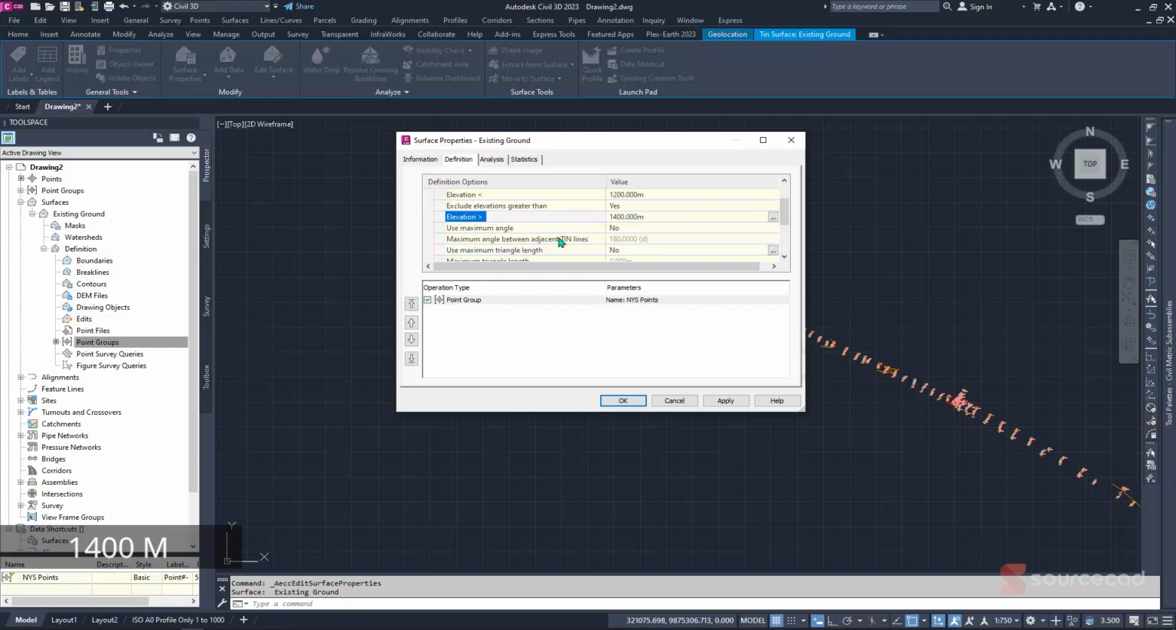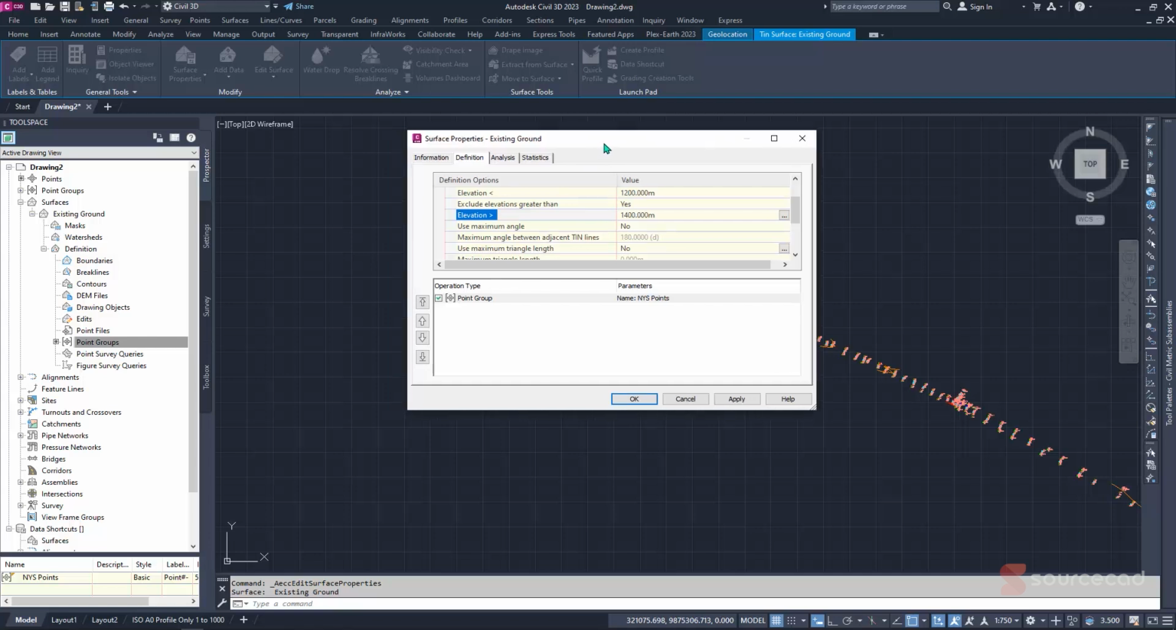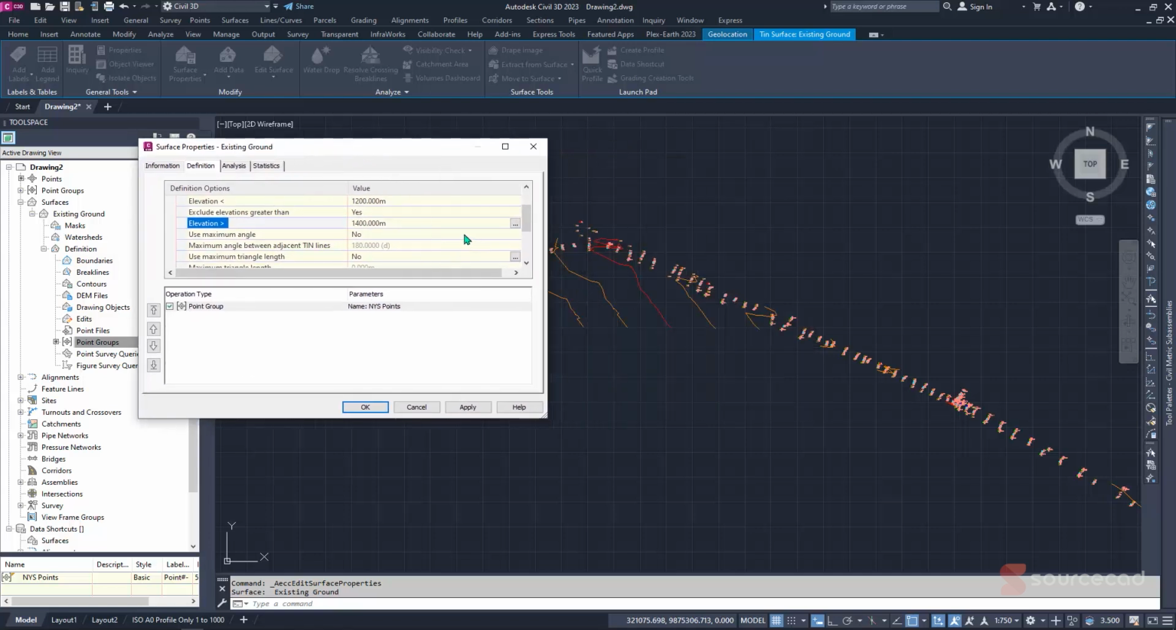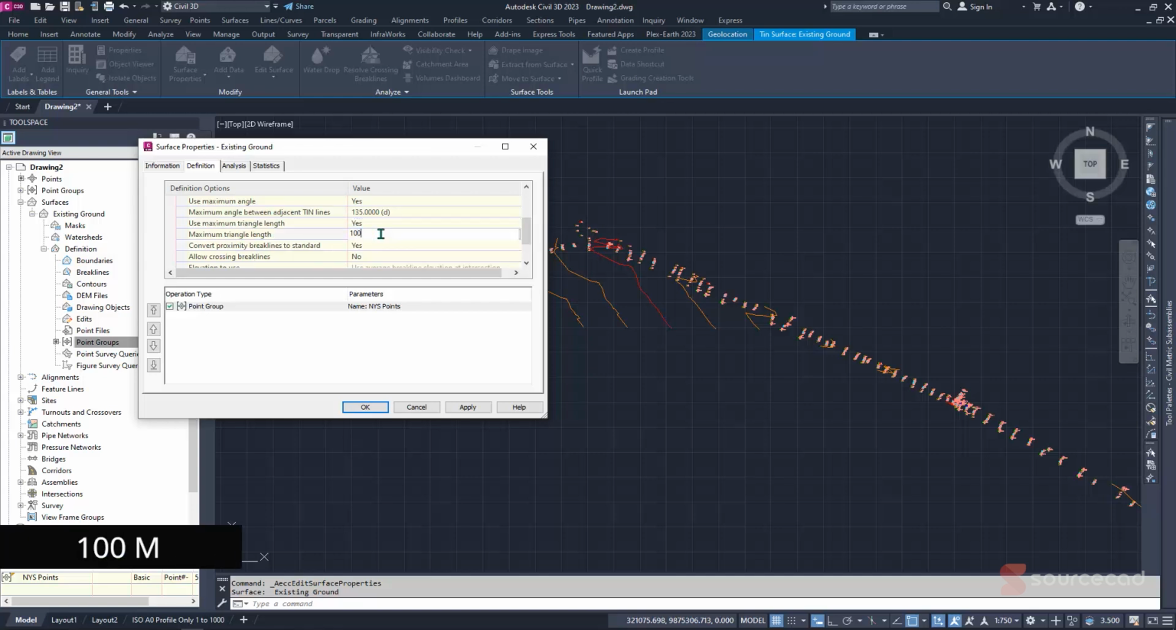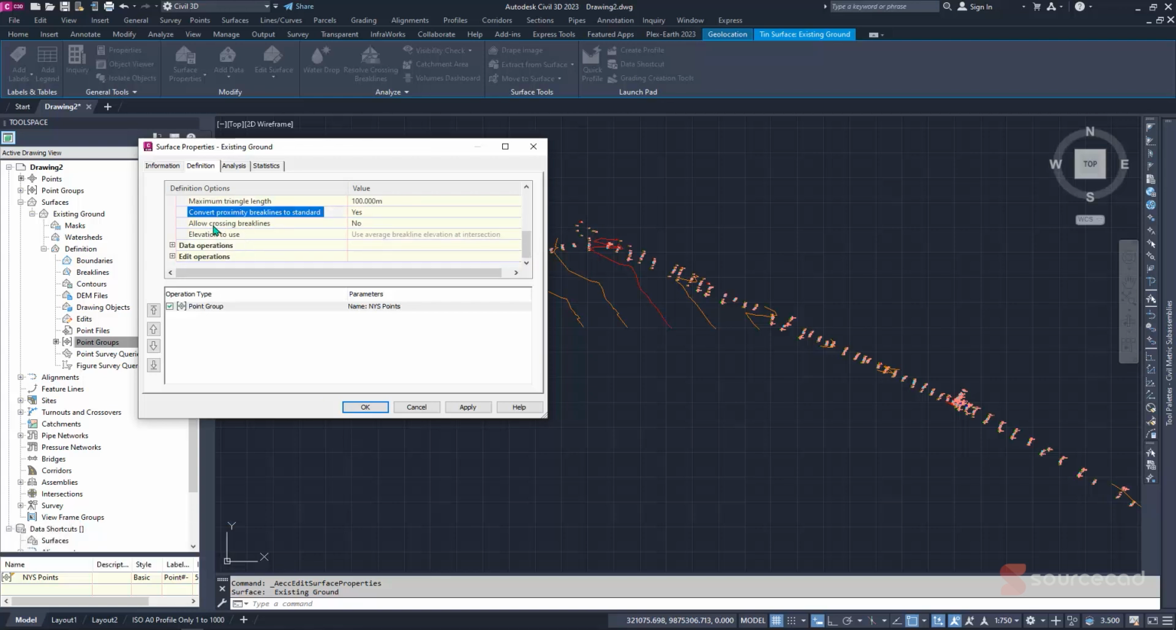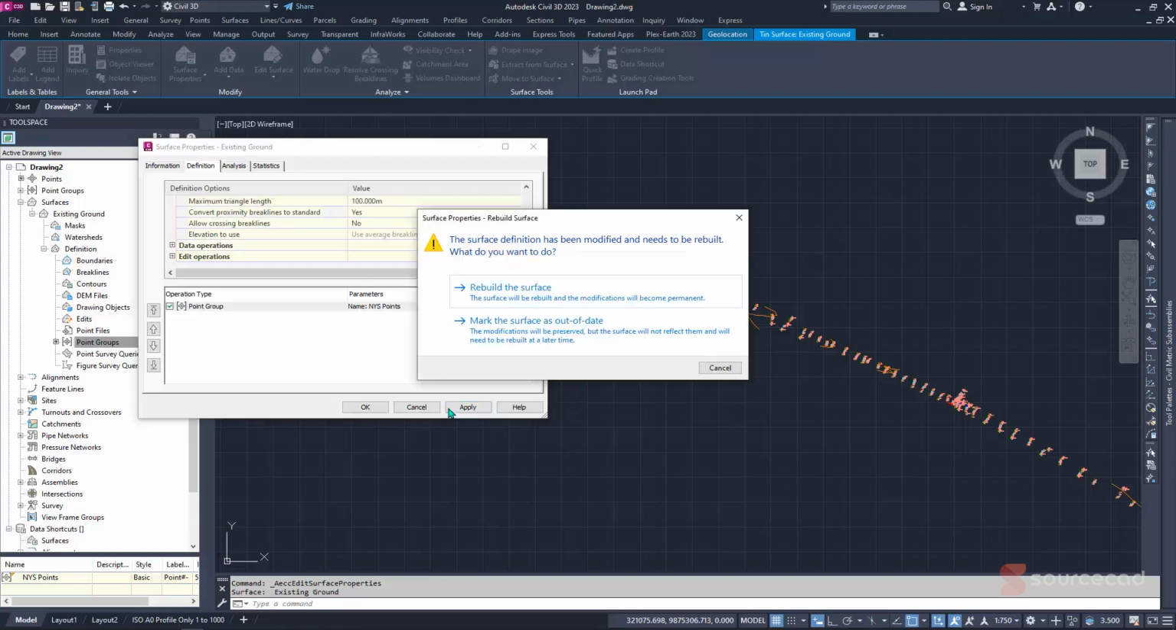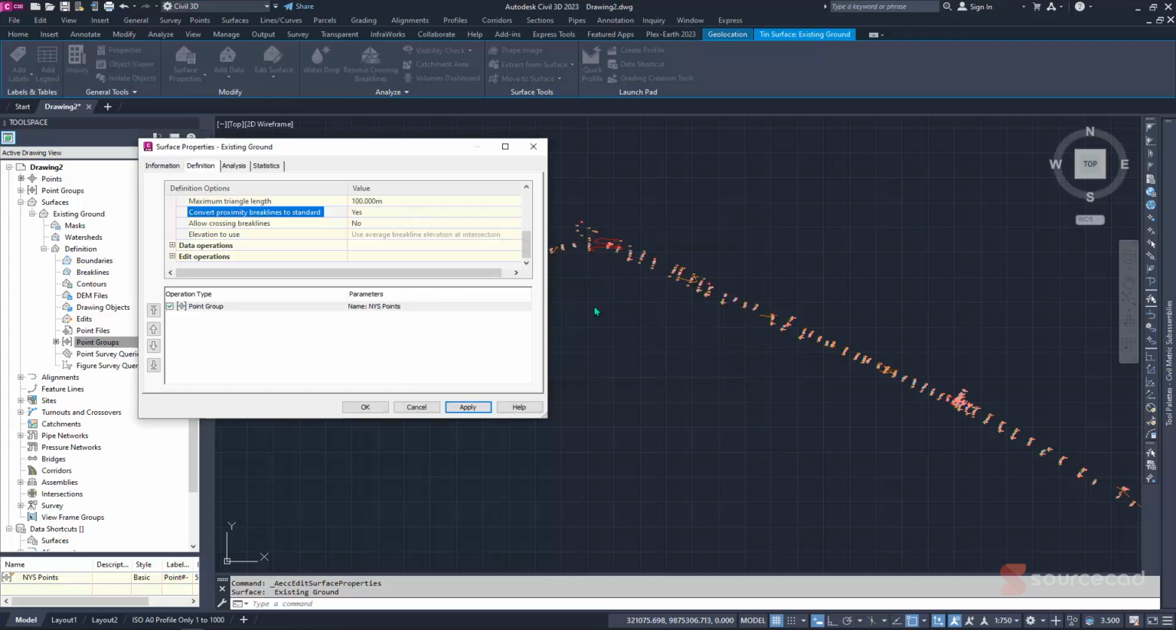Click away. And for the maximum angle, this is actually important for triangulation. So we're going to create a parameter. For the maximum angle, we're going to use 135 degrees. And for the maximum length of the triangle, we're going to use something like 100 meters. And that being said, everything is all right. Then click on apply. We're going to be prompted either to rebuild or to mark the surfaces out of date. So simply click on rebuild so that we have the